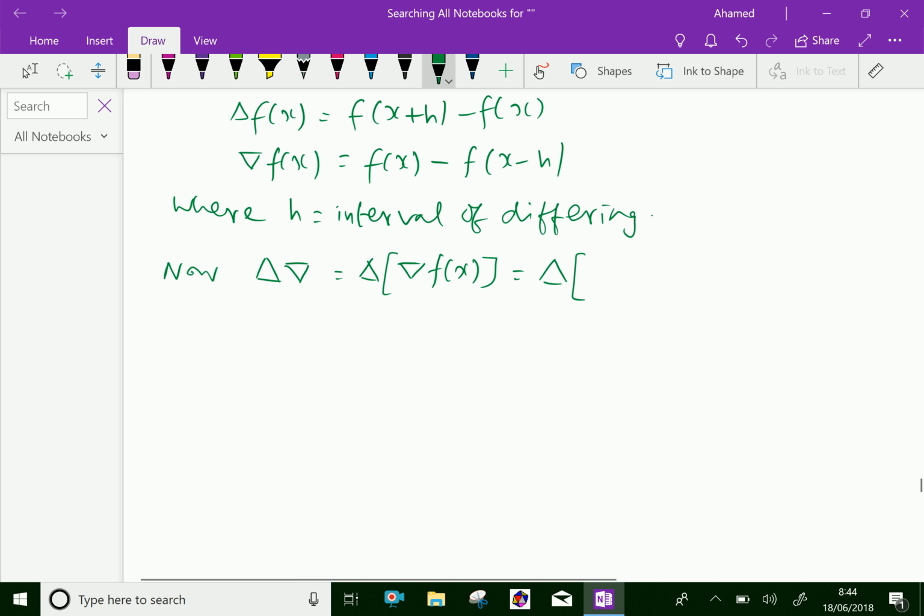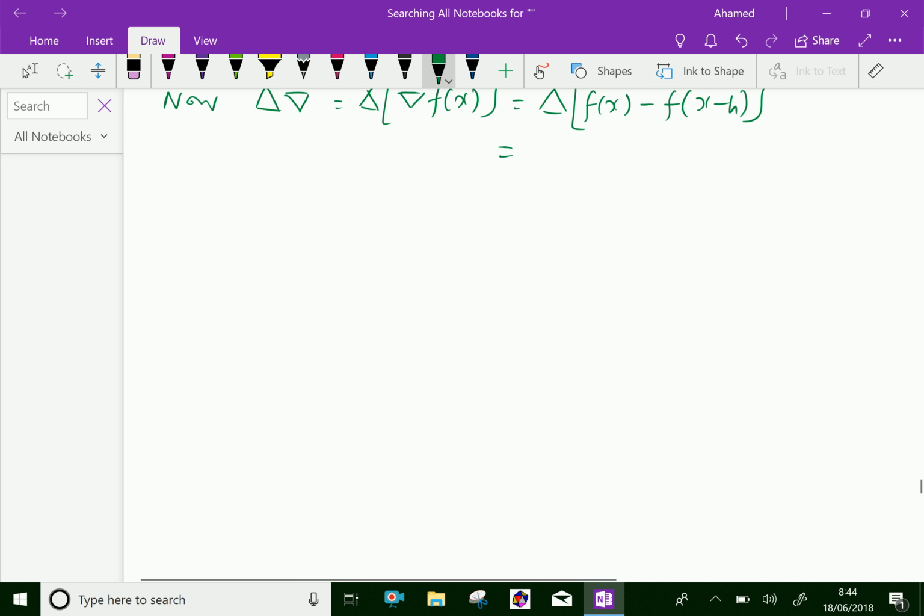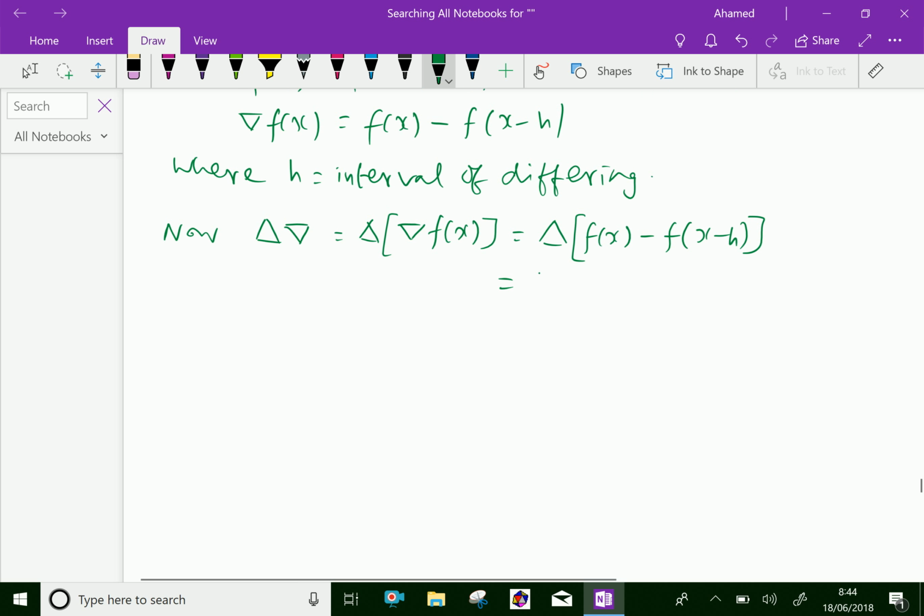You can substitute as f of x minus f of x minus h, which is equal delta f of x, you are multiplying with both, equal delta f of x minus delta f of x minus h, which is equal